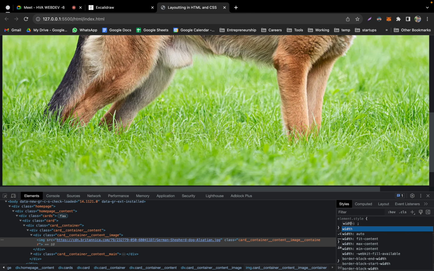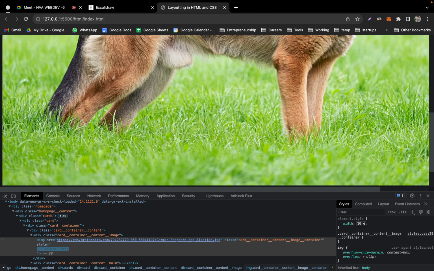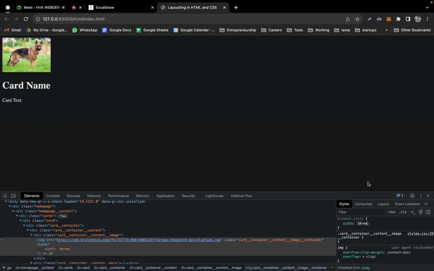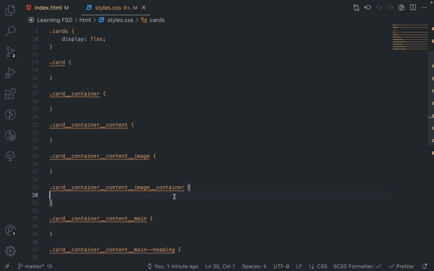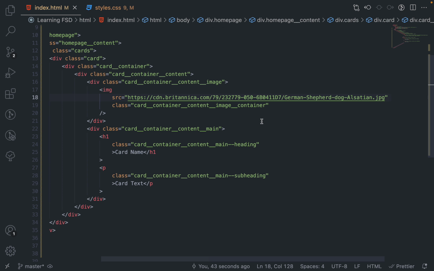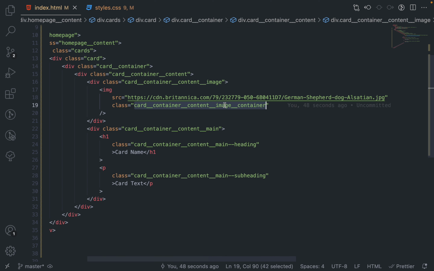Sorry, like this, so there it will be getting applied. For now I'm just doing it, we'll structure it properly. In the image container, if you put it on the image, it is not getting applied. On the image container it is getting applied, because it is a division. It is not applied on the image.